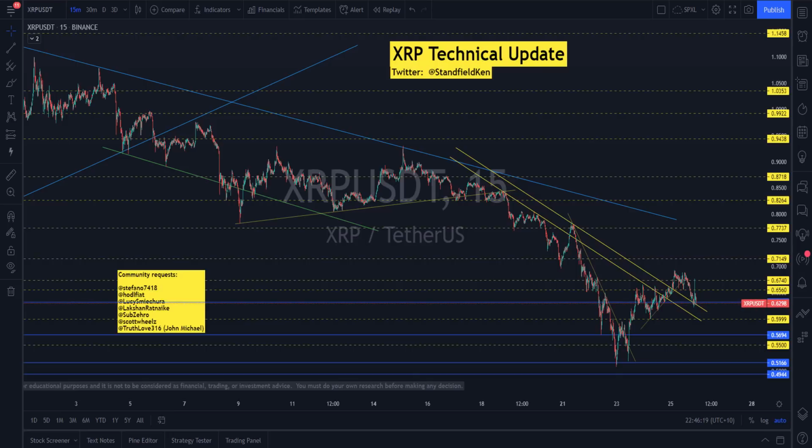It has support below at around 60 cents and quite strong support below that at 56.94. The reason we look at the total crypto market cap is because we need to know how the support and resistance lines are functioning across the entire crypto market. We know that that structural support is below XRP as well.